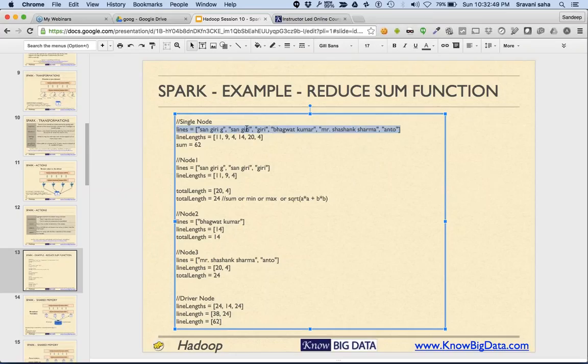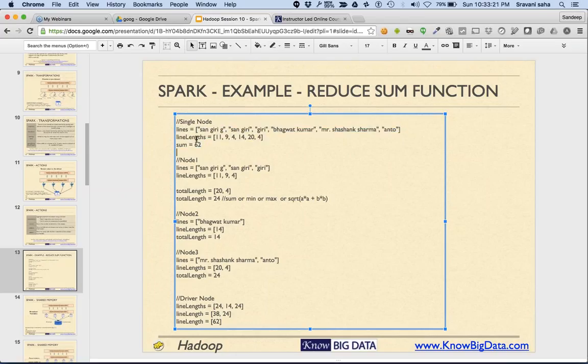After we map each line to the line length, we'll get these line lengths, and then the summation will happen at the reduce part. So using a map function, we first computed the line lengths and then did the summation. In the example you were just running, instead of line lengths, we were counting vowels. The philosophy is the same.